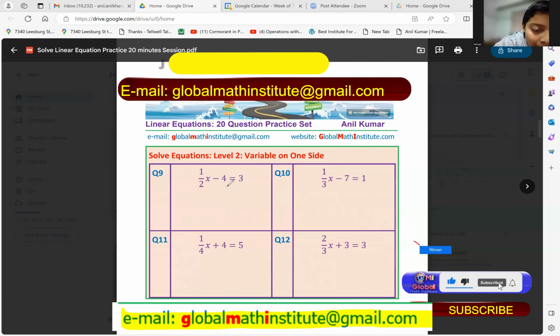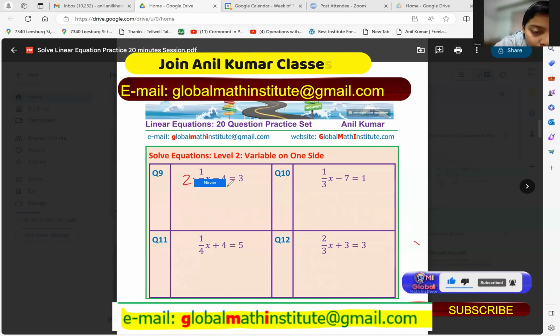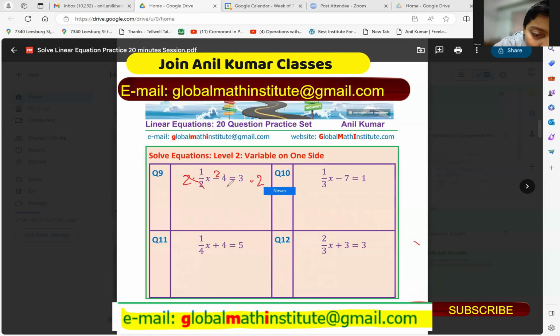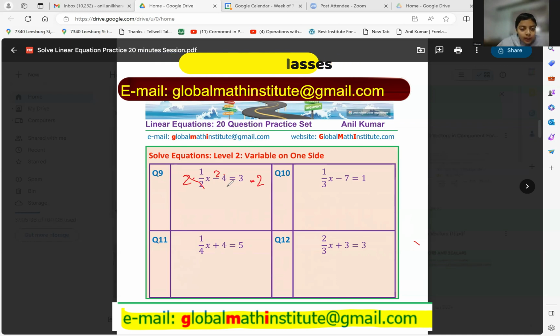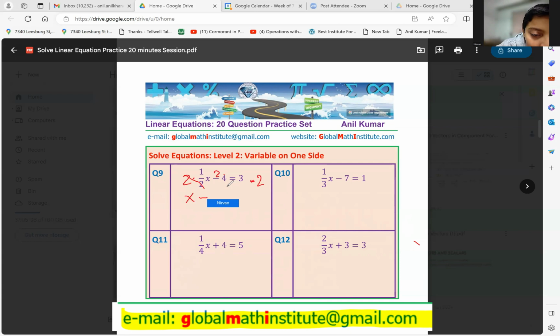So you multiply by 2 to get rid of it. You cross and you multiply 2 here and you multiply 2 here. The dot means times, another way so you don't get confused with x. So equals to x minus 4 times 2, 8 equals to 3 times 2, 6. So now this is simple. You could bring it, you could do x equals to 6 plus 8 equals to